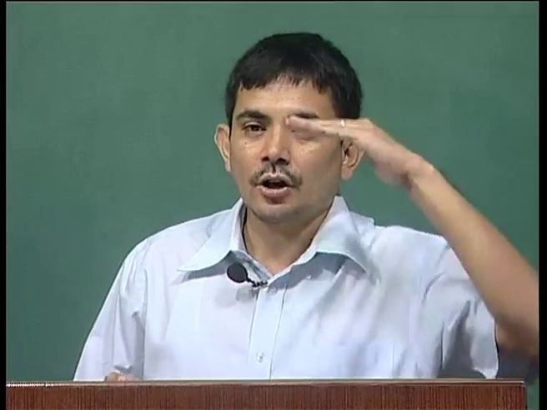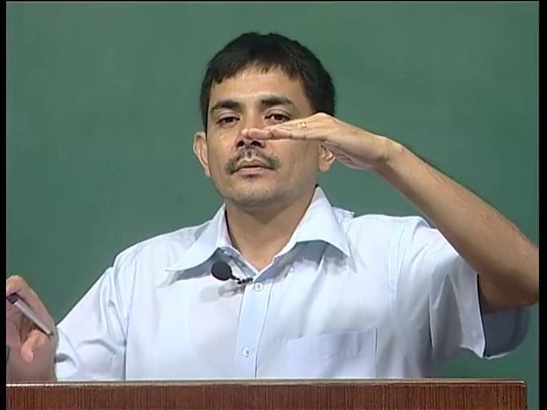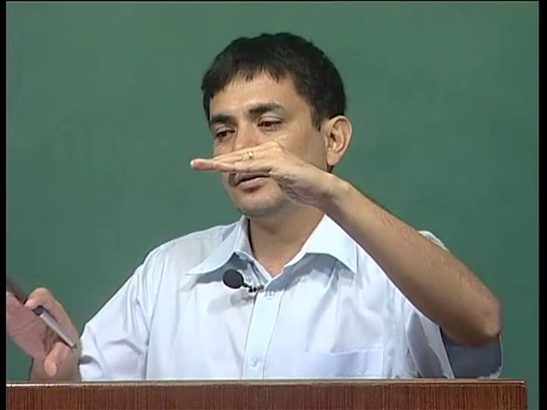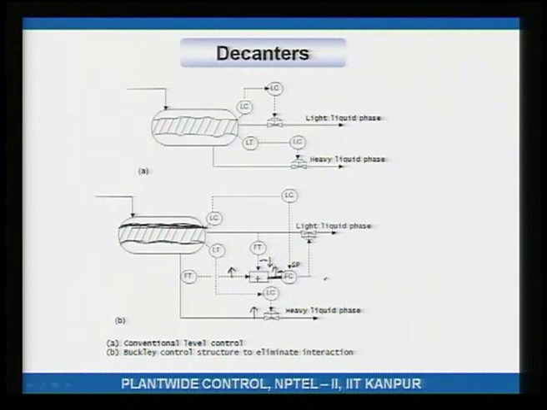Okay. So, by maintaining the total flow, see how did this control scheme come in place? Key insight is top level depends on the total flow out. Okay. So, to maintain top level, control the total flow out. That is what is being done here. I am controlling the total flow out. This is the total F out. So, if total F out is maintained constant, well, level will be maintained constant, right. So, that is how this guy works.